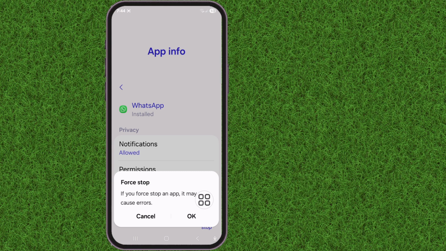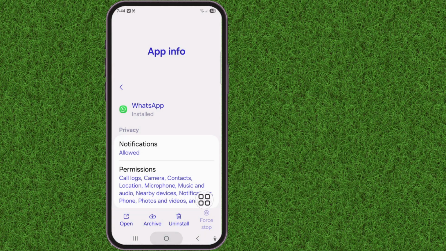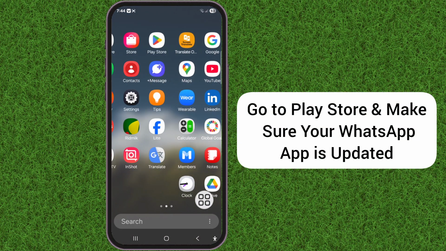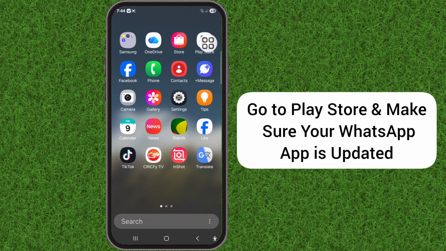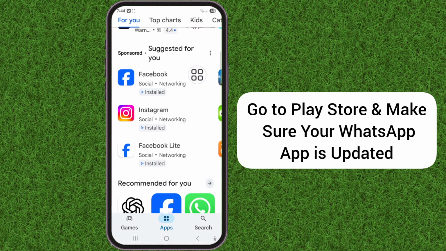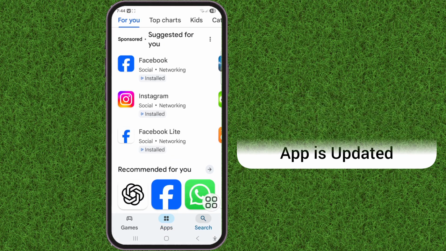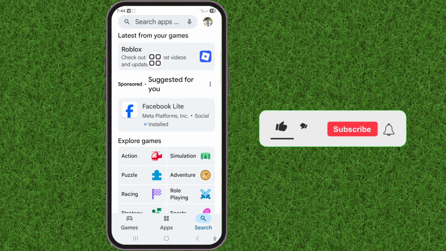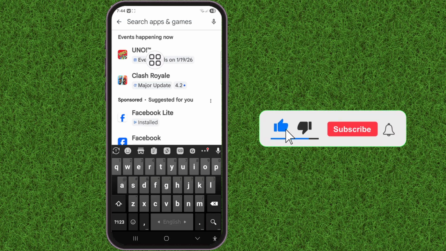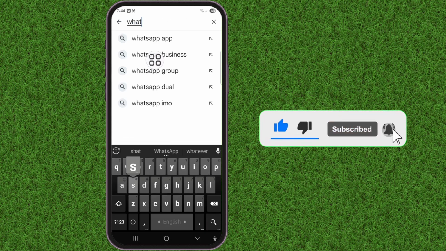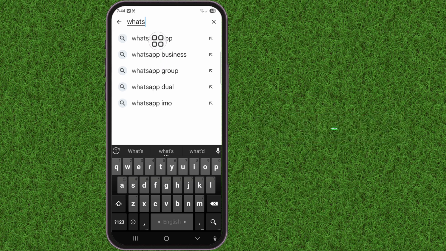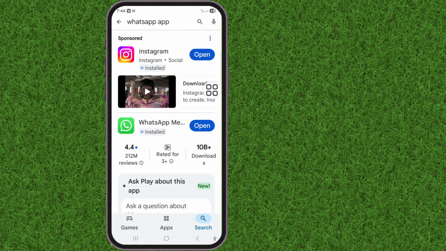After that, go back to your home screen and go to your Play Store to update your WhatsApp app. Tap the search icon, now search for the WhatsApp app. It is already updated. Now go back to your home screen and